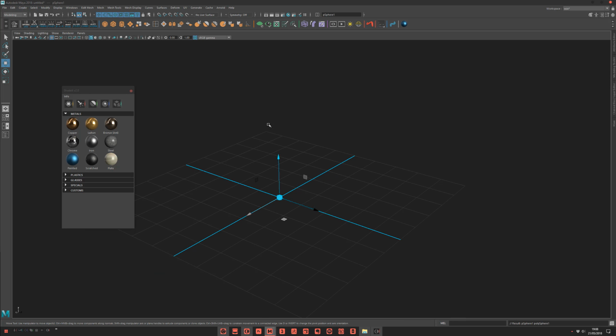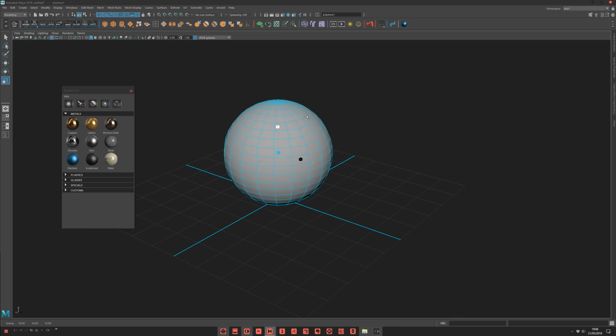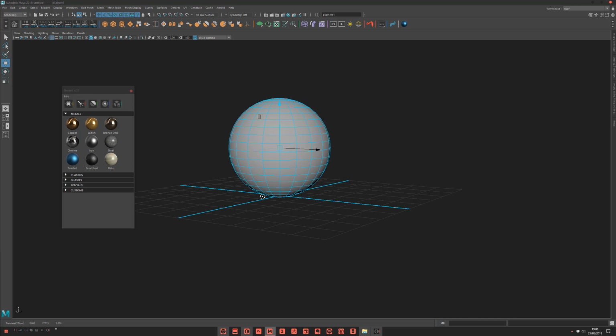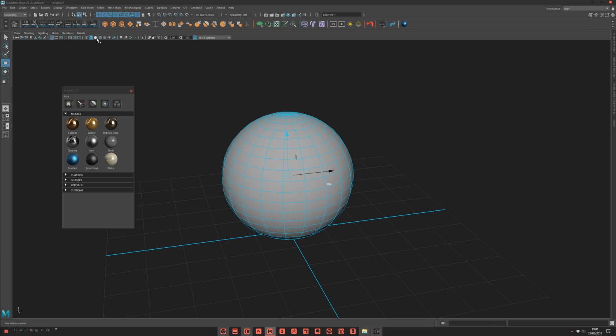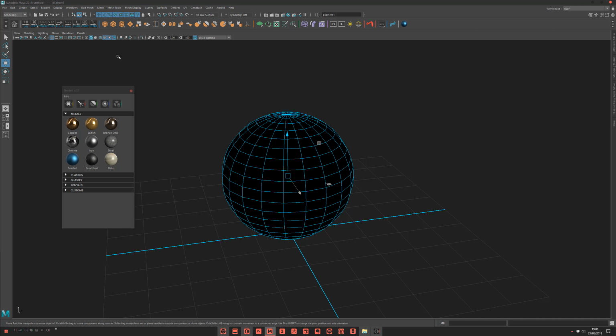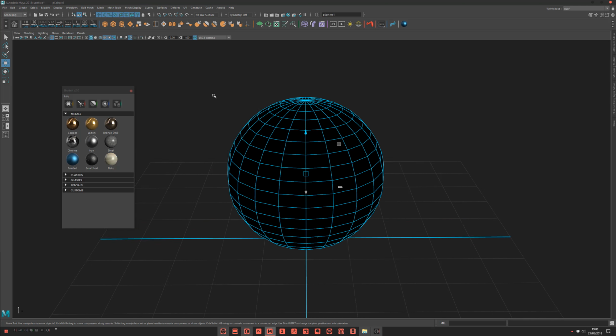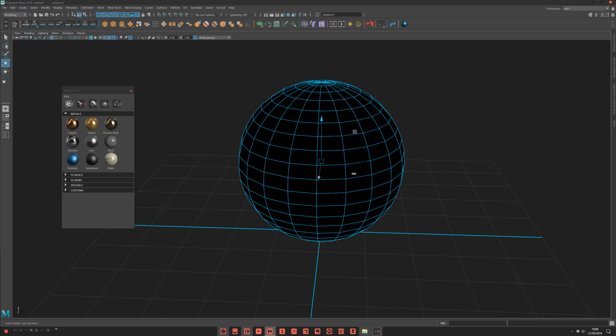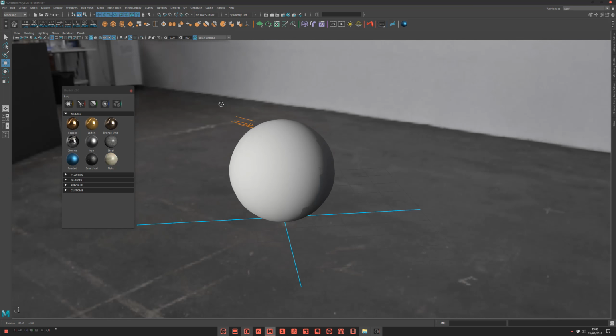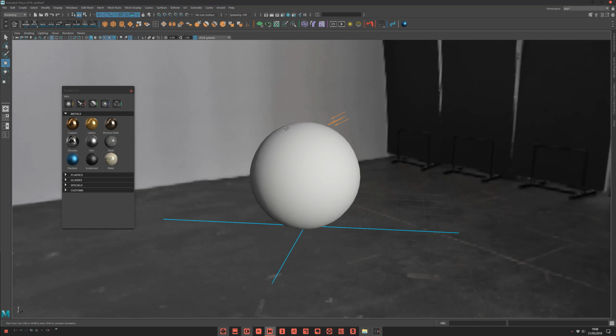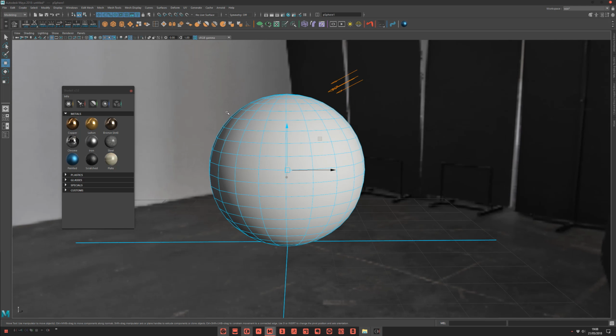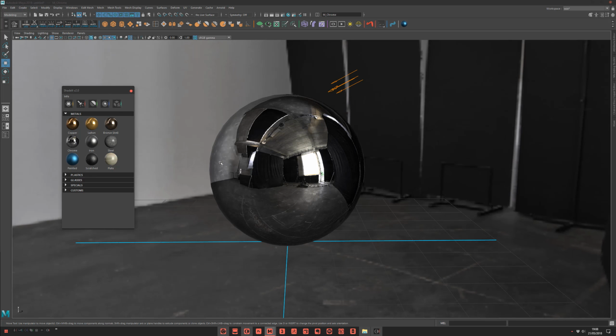Then let's create a really simple scene with a sphere. Of course, configure your viewport with texture, lighting, shadow, anti-aliasing. Now, let's click to create a light rig. Nice, add a shader.